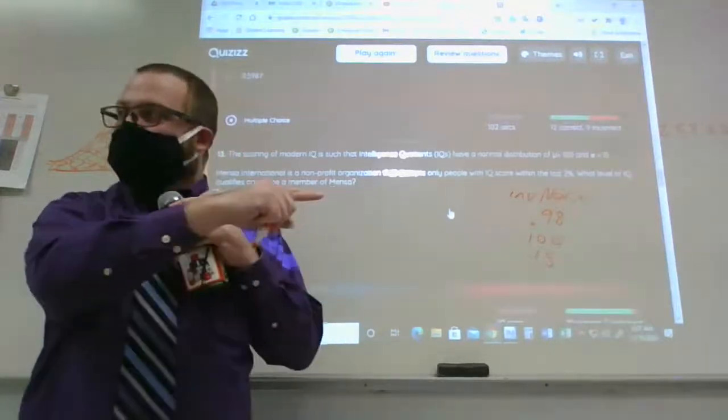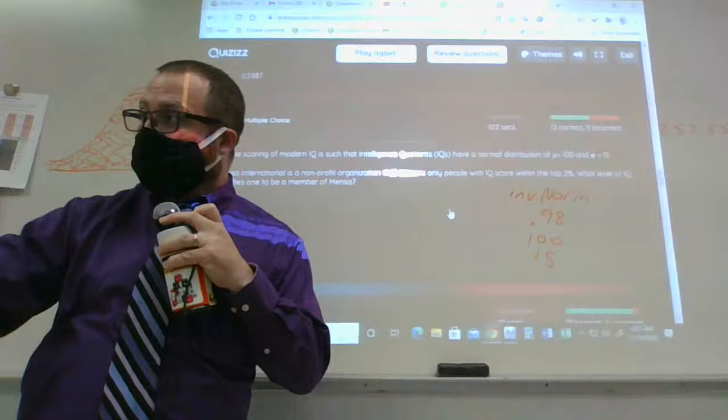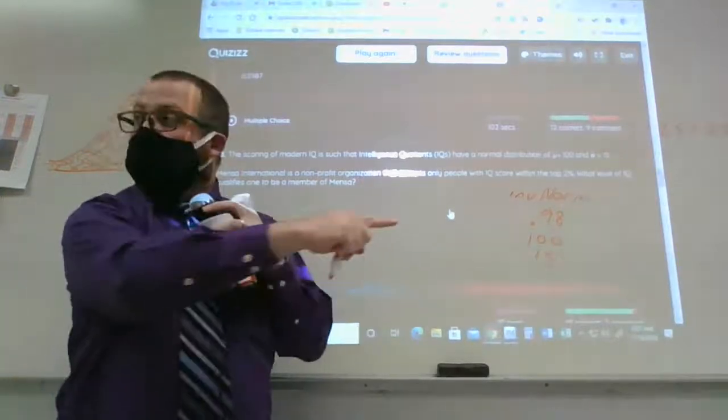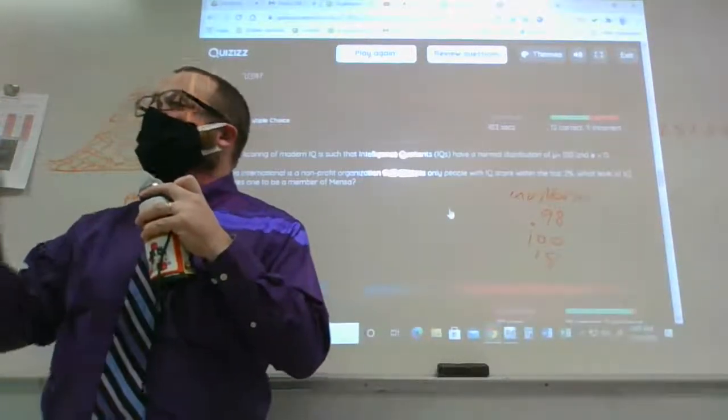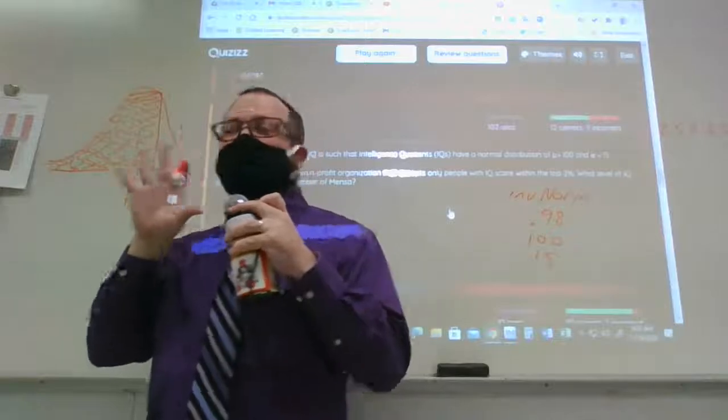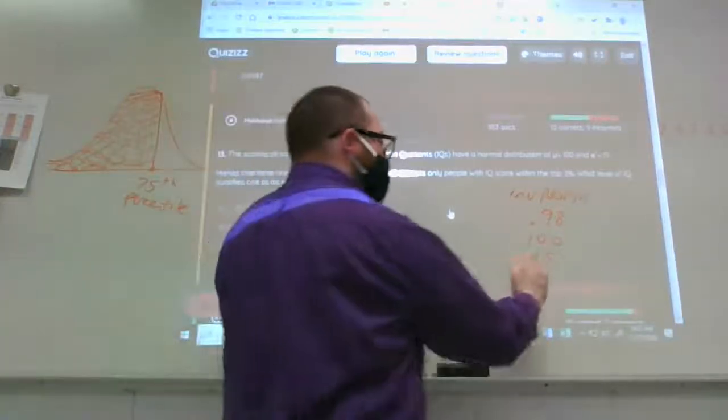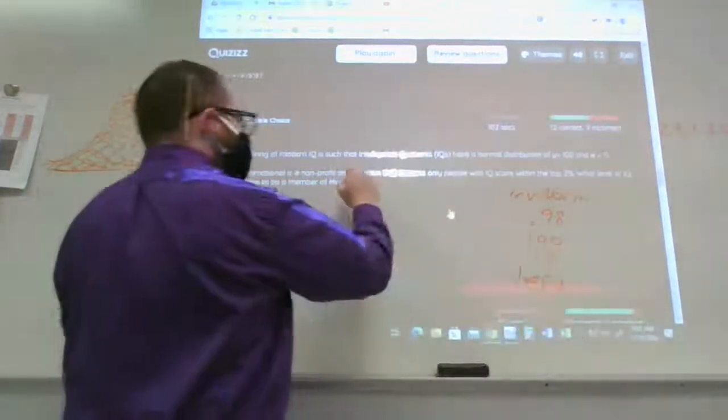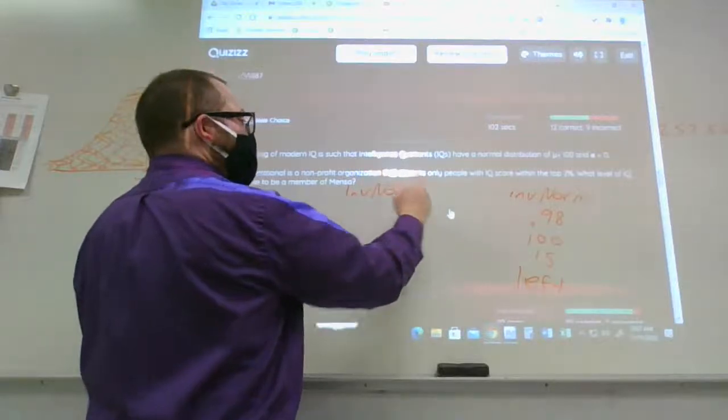For this one, you would set it to the left, because look what I put in for the area. If I put in 0.98, I'm assuming that 98% of the data is to my left. You would do that to the left. Versus, you could do the exact same calculation